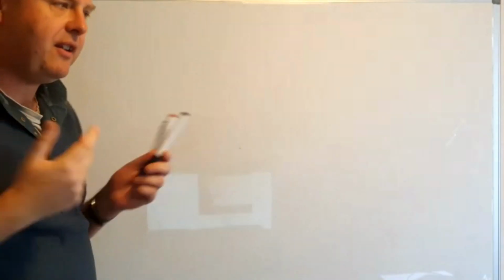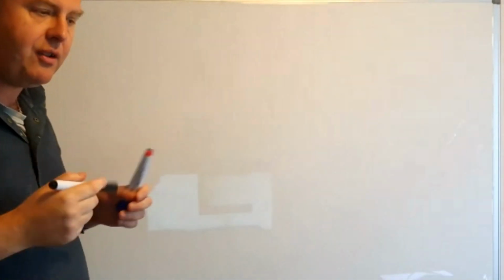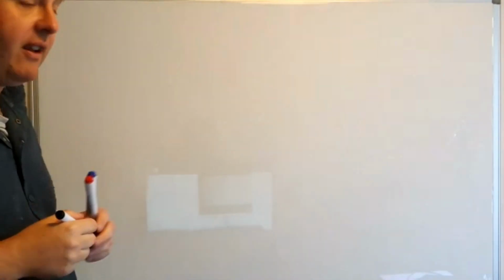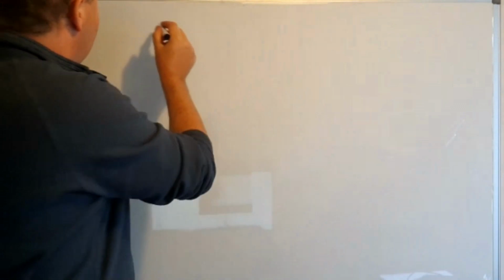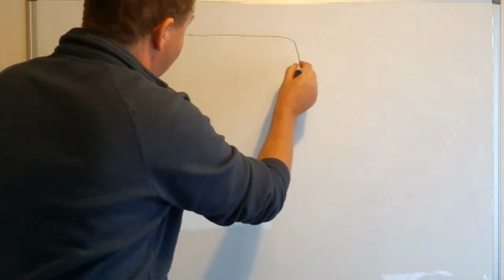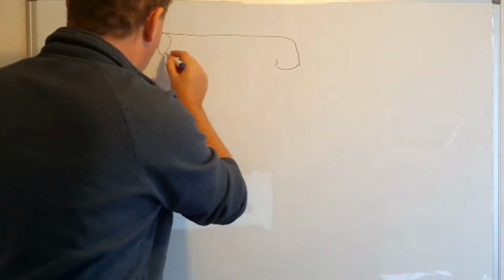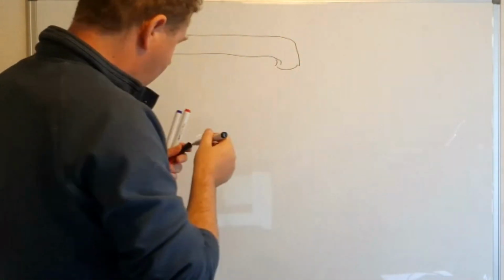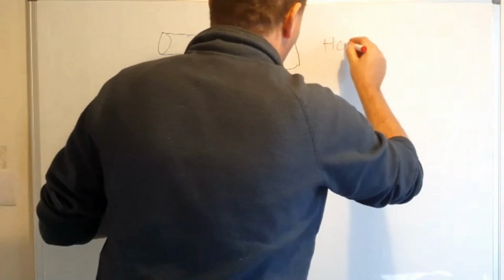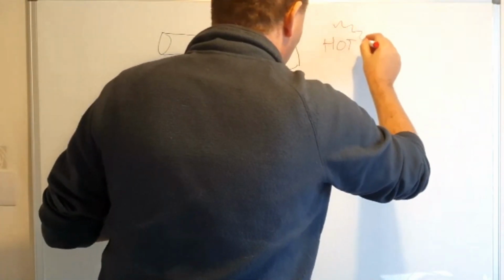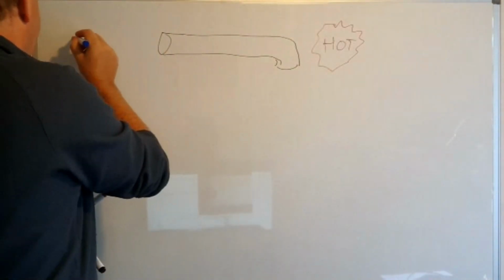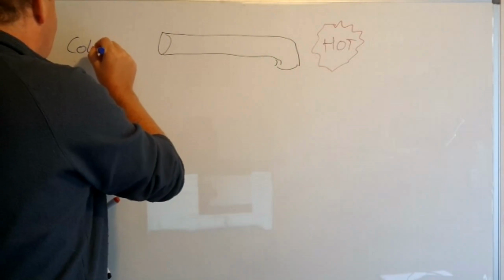Okay, so again, another type of temperature sensor that's very commonly used is a thermocouple. And again, this uses physics that you've covered in Physics 4. So if we take a wire of material, and we're going to start off simply having, we'll say this is hot, this end, and this is cold